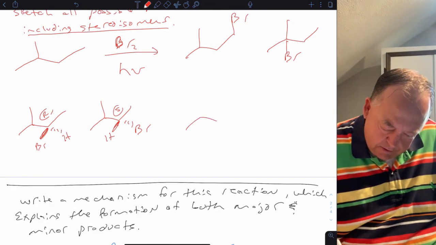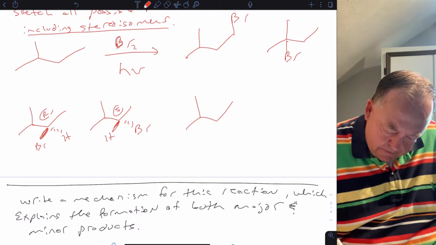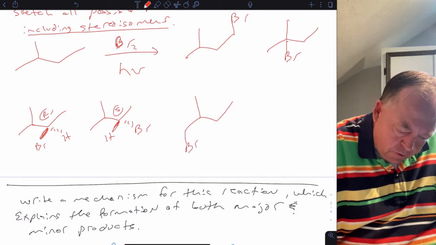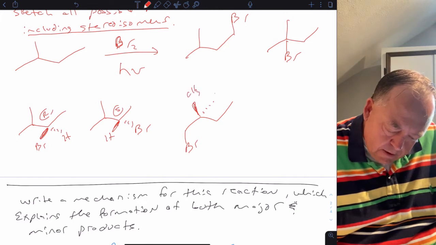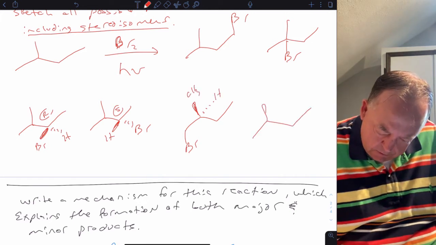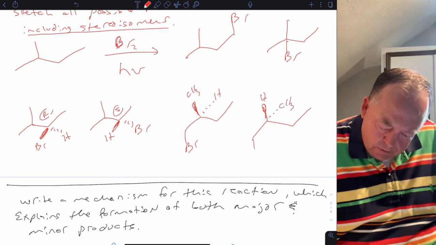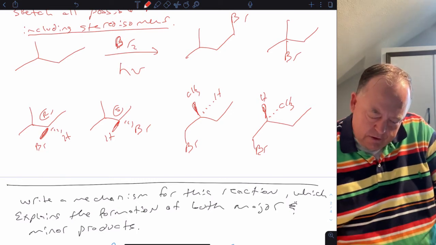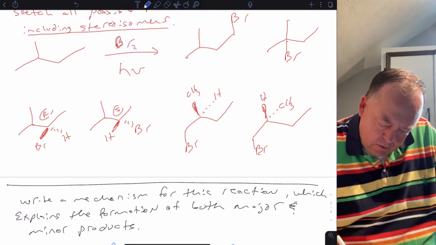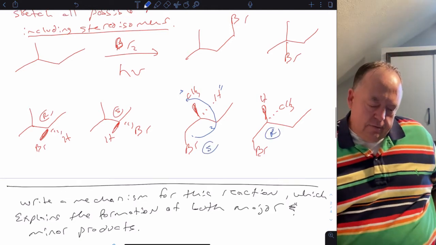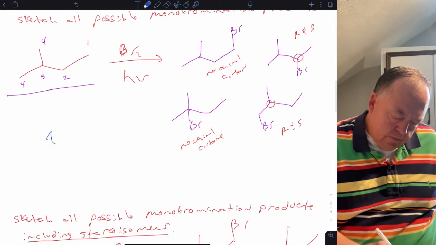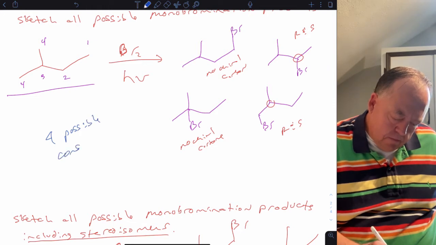Or the other possibility, let's see, if we put the bromine here, then this carbon with the methyl group is chiral. So to illustrate the stereochemistry there, that methyl group could be forward, or the methyl group could be back. And so in terms of stereochemistry here, this is priority 1, 2, 3, and 4. And that's 1, 2, 3 counterclockwise. So this would be the S isomer, and this would have been the R isomer. So there's 4 possible constitutional isomers,